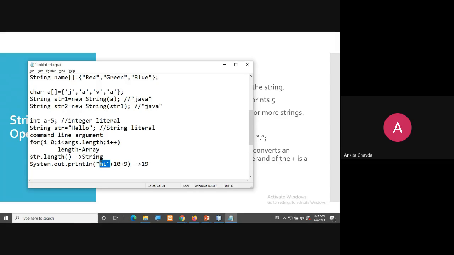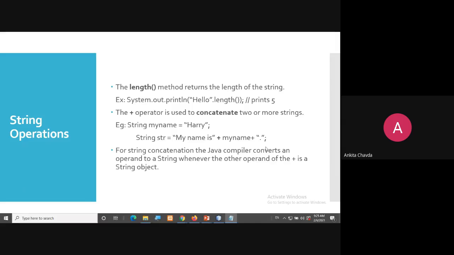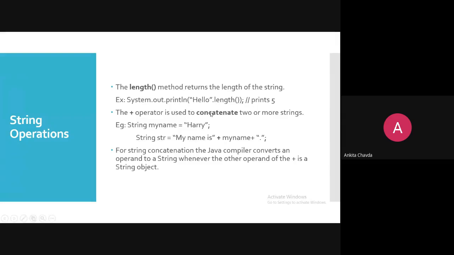Here the first is my string. After the string, whatever I'm writing will all be treated as my string only. So it will be added like hi 109. This is what it will print. Okay. So here the plus operator will always be used to do concatenation between two or more strings.